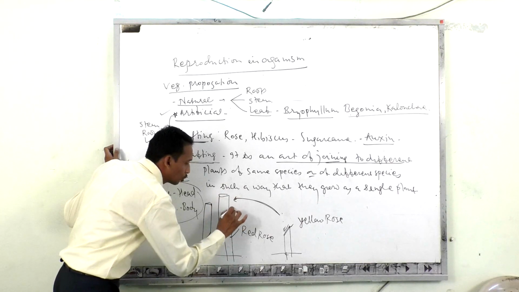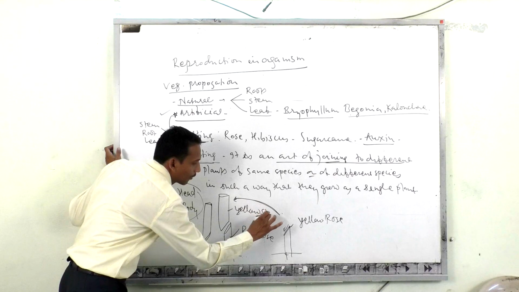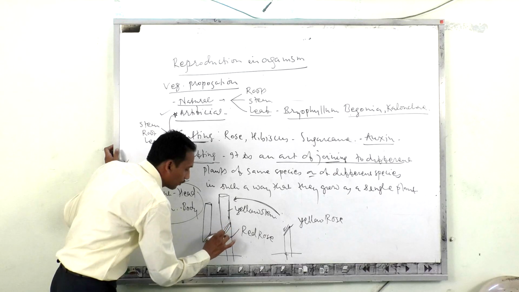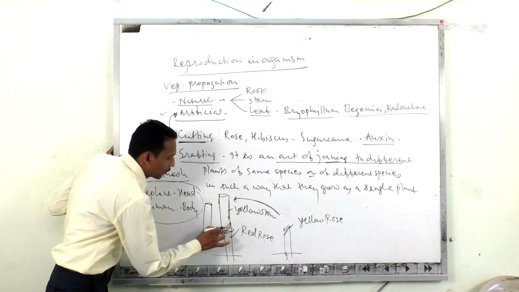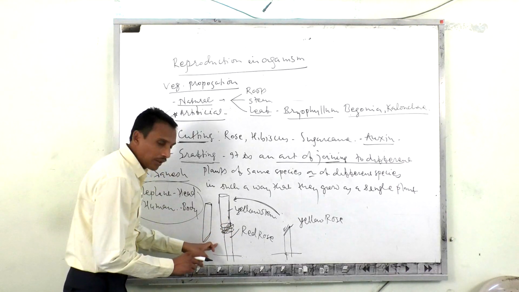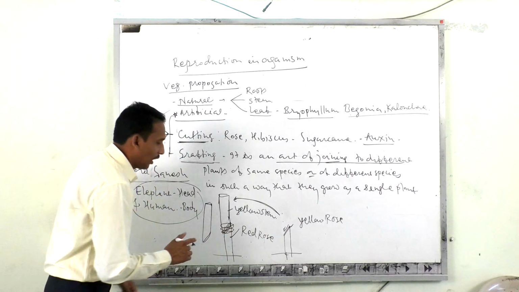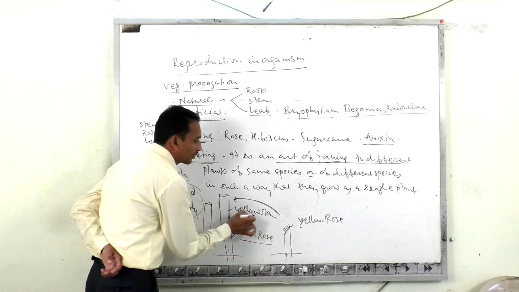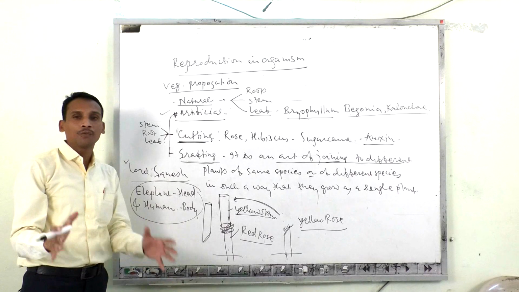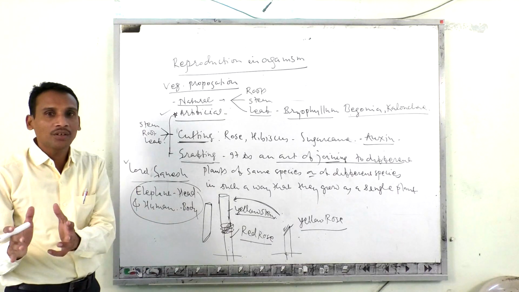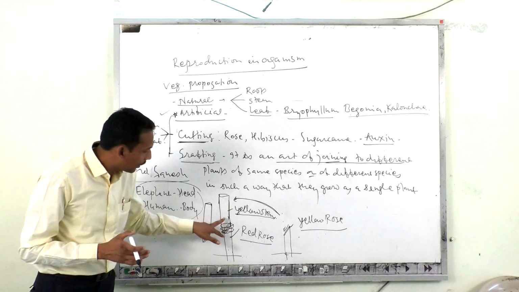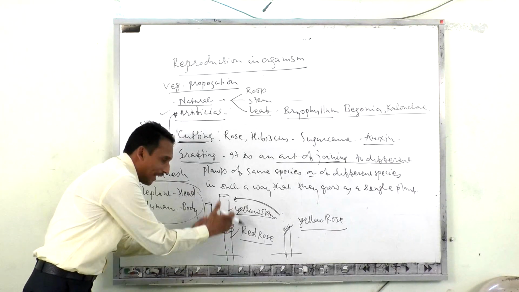And now this yellow color stem piece, you have to join it here by giving a wedge shaped cut, and after that it is tied using thread or clay. What is happening here? This one is the rooted portion of the red rose. This one is the excised portion brought from the yellow rose. They combine in such a way that they fuse together, and a composite plant is formed. What is the meaning of composite plant? A composite plant is the combination of two different plants. This one is the combined plant.